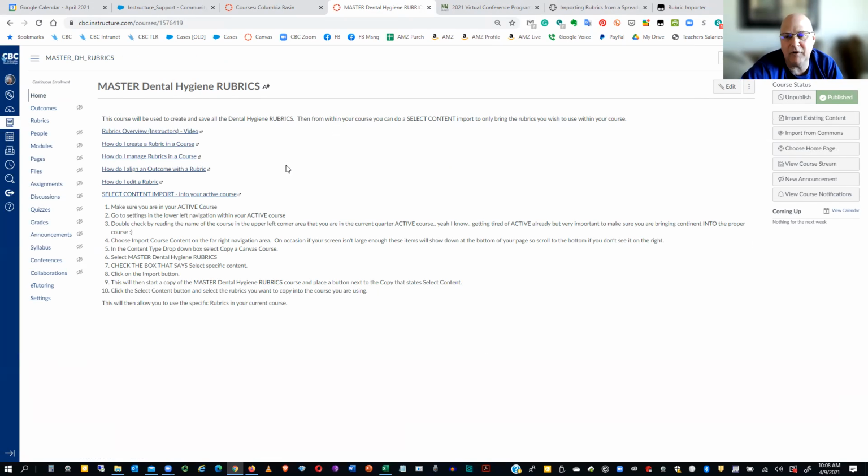And I'll take this page and I'll put it out to Canvas Commons. And I'll just name it something like Canvas import rubrics via spreadsheet. So that way you can kind of find it if you want to. That way you'll have this if you ever want to import it into your own master type shell if you wanted to.